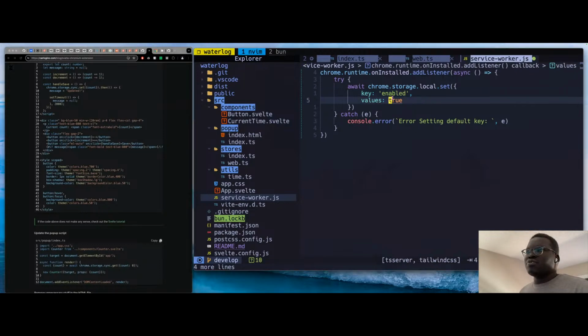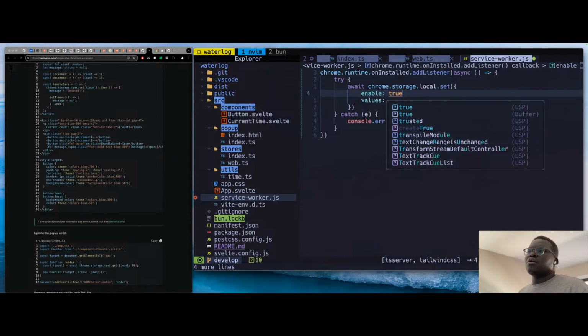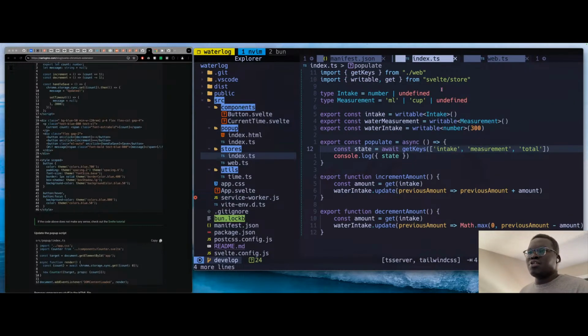So okay, we set it. We want to set enable to be true. We want intake to be... So which ones do we need? Intake, measurement, total. So when it starts off,